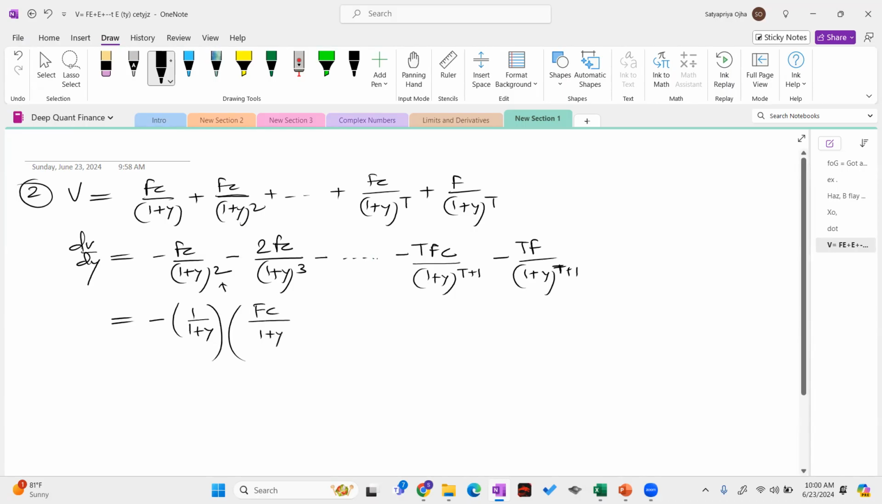fc by 1 plus y. Let me write 1 times fc, okay? 2 times fc by 1 plus y square. T times, let me take this common, f times 1 plus c divided by 1 plus y to the power t, because we have taken 1 plus y common. Now, if you look at the expression in the bracket,